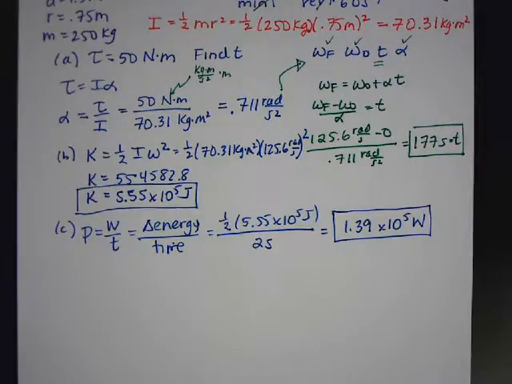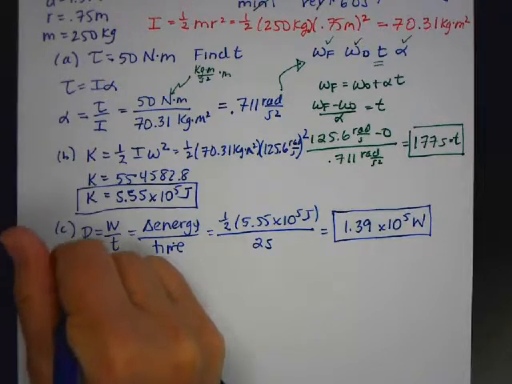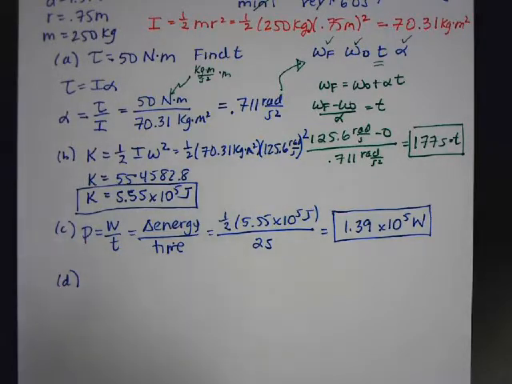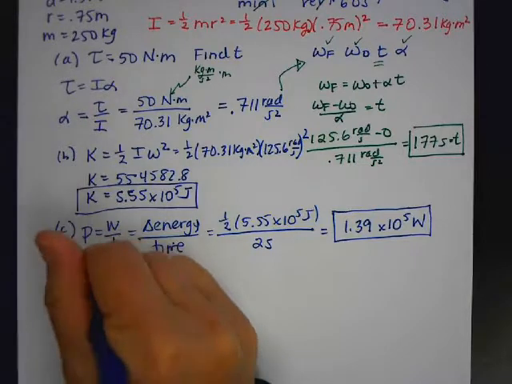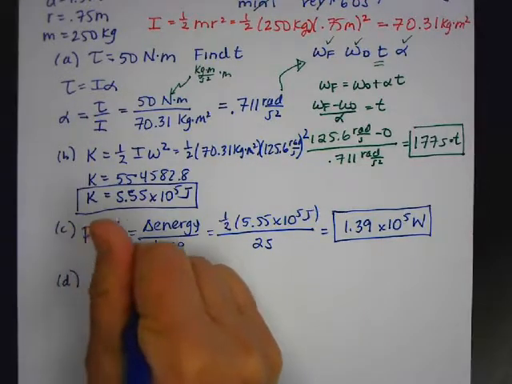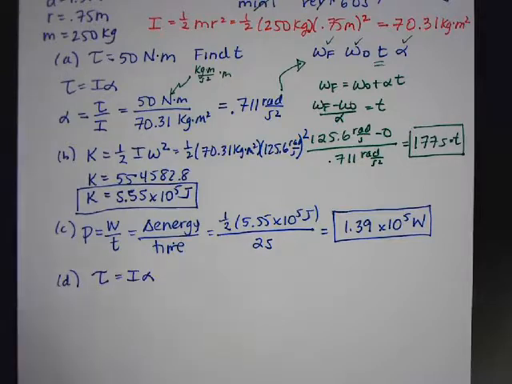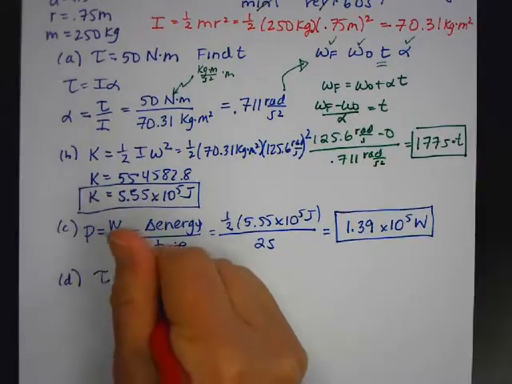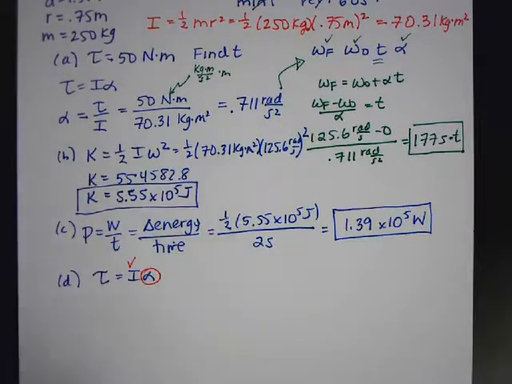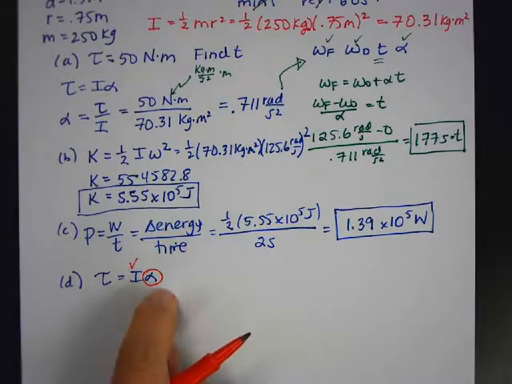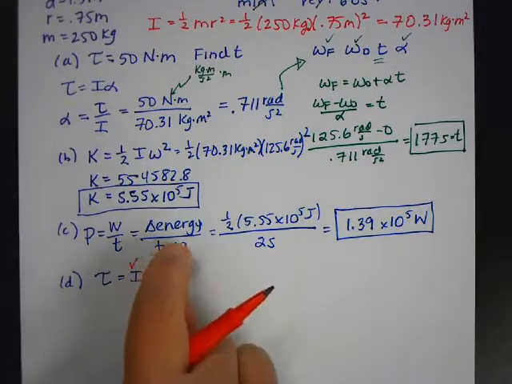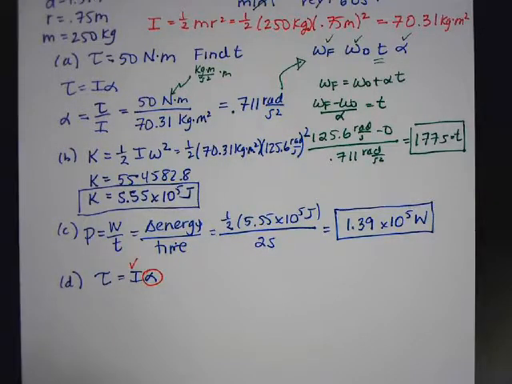And then the last part, part D, it says how much torque does the flywheel exert on the machine? So I want to find the torque. I know torque is equal to I alpha. We already know the I, so that's easy. But now we have to find a different alpha. We're now finding the alpha that corresponds to half of the kinetic energy. And we also have a different